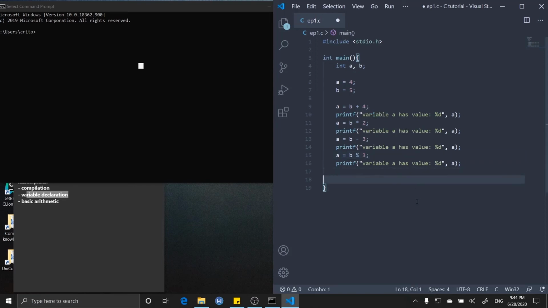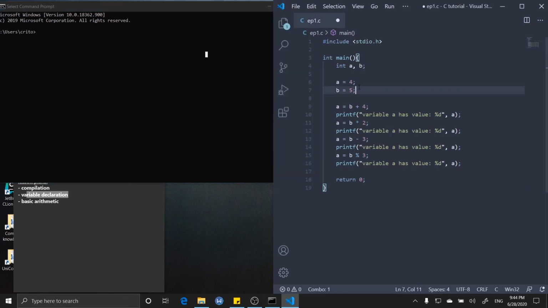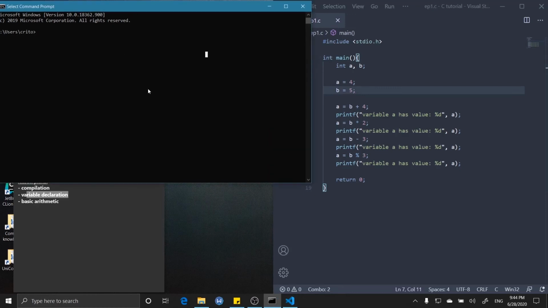Okay, so now I will end my program with a return statement. I'll explain why we need this in later videos, but for now let's stick to the basics. Okay, so I'm gonna Control S this to save, and now I'm gonna navigate to my C file. cd desktop, cd C tutorial,